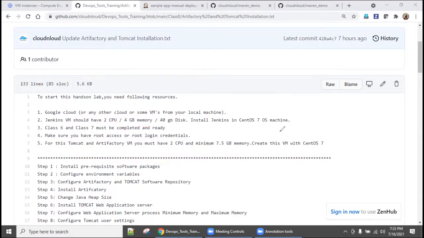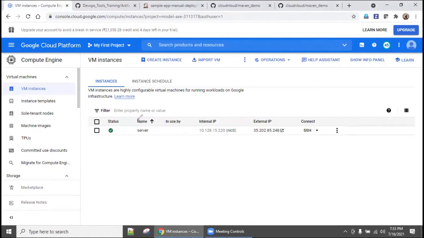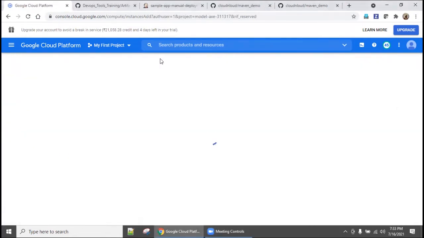Since we need one more machine, I'm going to create one more machine and keep the existing Jenkins machine as it is. Let's create the instance. I have a Google Cloud account, so I'm creating another machine there. This machine is going to be used by Tomcat and Artifactory, so let's wait a few seconds.